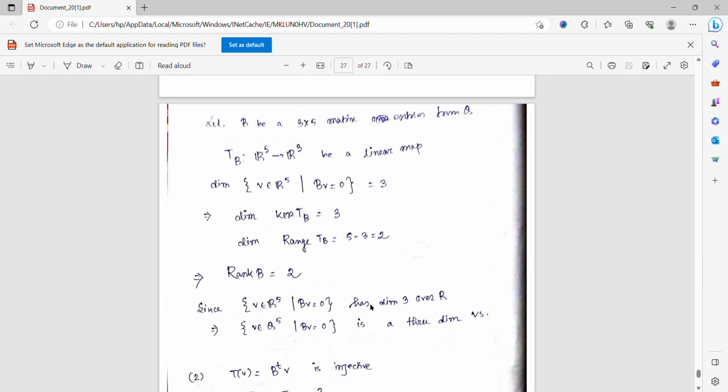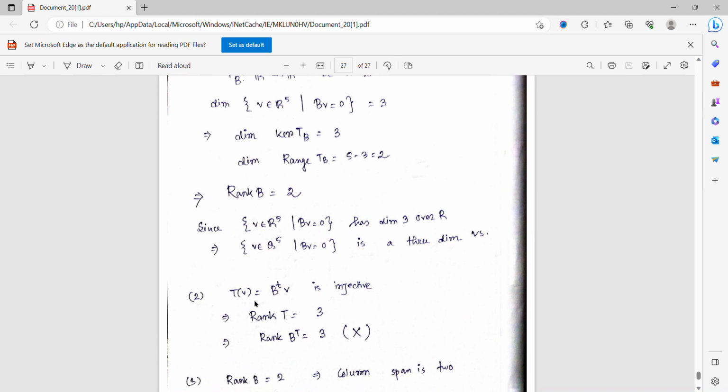If the dimension is less than 3 over Q, that means I have a non-zero linear combination, say q1 v1 plus q2 v2 plus q3 v3 is equal to 0, where the qi belong to Q. But Q is also inside R, right? So if there is a non-zero combination which gives us the 0 vector, then this non-zero combination works over the real field also. So these 3 vectors become linearly dependent over the real field also, which is a contradiction. So since it has dimension 3 over R, it has dimension